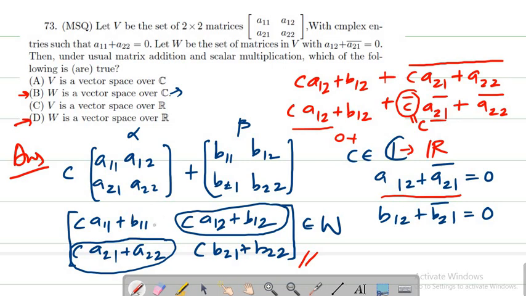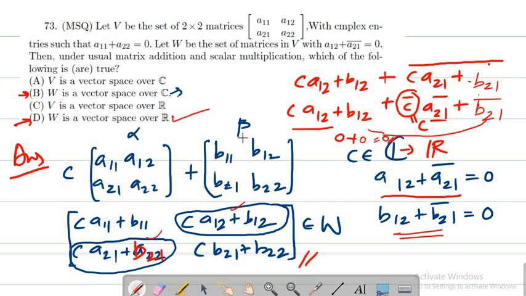Yeah, I'm sorry, I think I made a small mistake here. It's basically a21 plus b21, right? So it has to be b21, and here again it has to be b21. So I'll just erase it and write. I was thinking why I'm getting it like this, suddenly I got it. So b21, right? So we now get b12 plus b21 conjugate is basically 0, and so we get 0 plus 0, which is again 0. So this entry plus this entry's conjugate equal to 0 is satisfied. So if this is the case, then we can say it's a vector space.